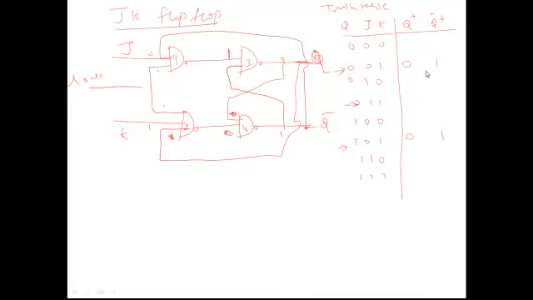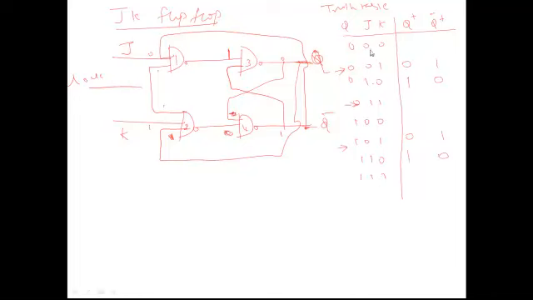So you see, the same output is what we have got in the SR flip-flop also. Here we had S, here we had R. Instead of S and R, we are having J and K. That's it. So whenever J is 0 and K is 1, it is a reset state. Reset in the sense the flip-flop is saving 0. You can see 0, 1 gives you Q plus is 0 and Q bar plus is 1. So here also the 0, 1 combination. The 1, 0 combination is a set state. So you directly write it as set, 1 and 0. Here also 1 and 0.